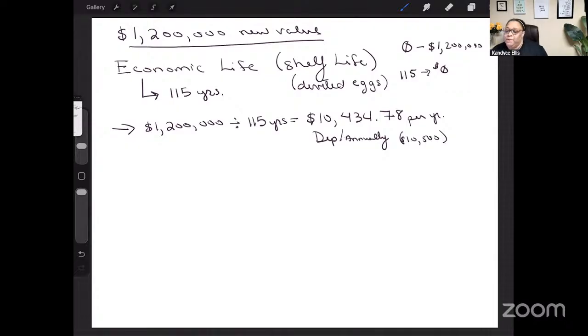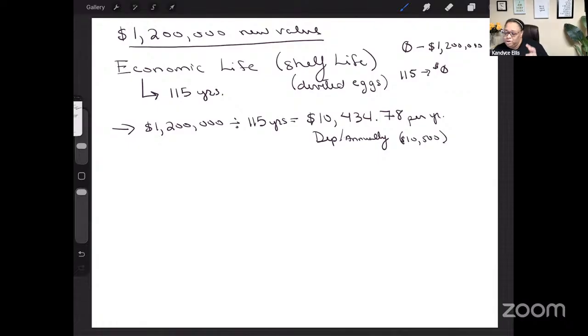So once the appraiser knows how much they're losing per year, they have to know, well, how old is it now? Because think about it. Usually an appraiser is coming in to tell you what an already existing building is worth. Now, could they be appraising a brand new building? Yes, but generally in these questions, that's not what we're talking about. We're talking about a used building.